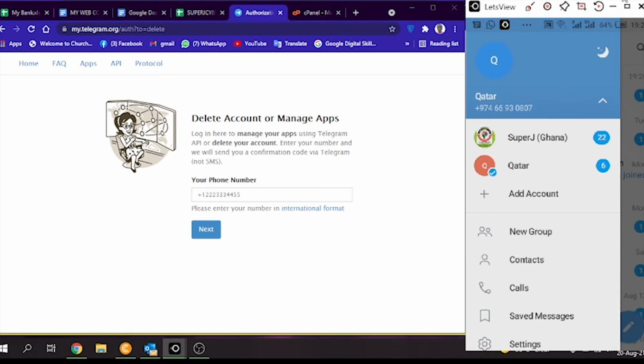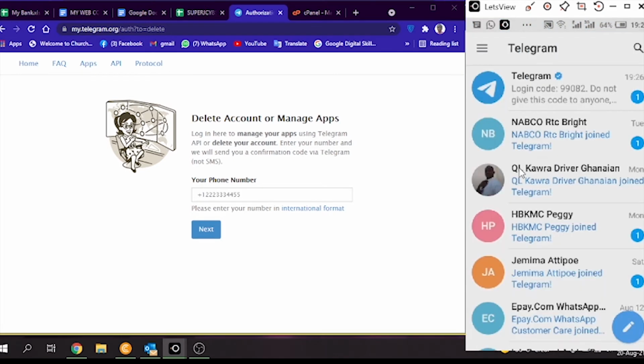Okay, so back to it. Now, after I have created this new account, what I want to do is remove the new one that I made. I want to close it, like deleting the account. So let's go there. With that, you have to use the web version of Telegram. So you go to